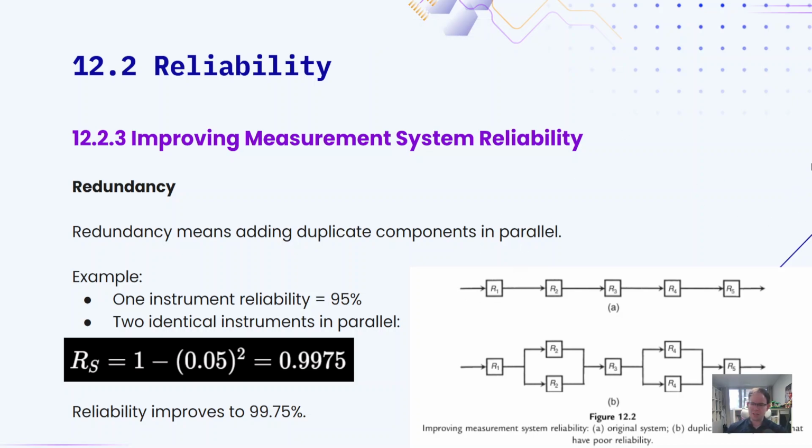This is redundancy. Redundancy means adding duplicate components in parallel, especially at weak links. Right here, duplicate components that have poor reliability. The more redundant you get, the better it is. I heard one piece of advice about redundancy with saving your files. There's a 3-2-1 system. The 3-2-1 system is like you need 3 backup copies over 2 mediums, and one of